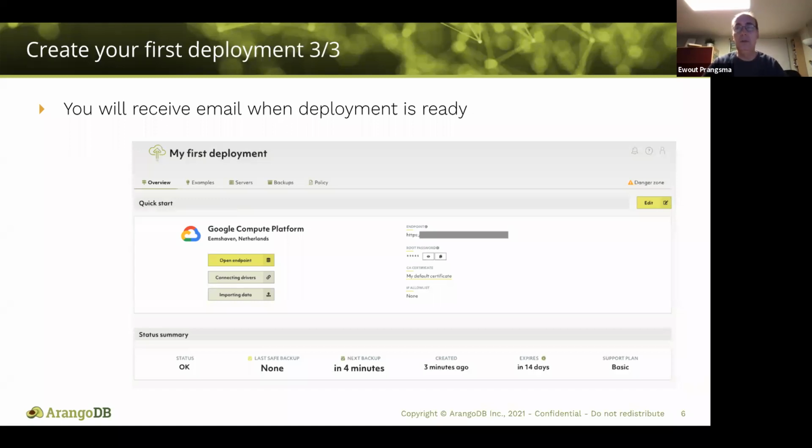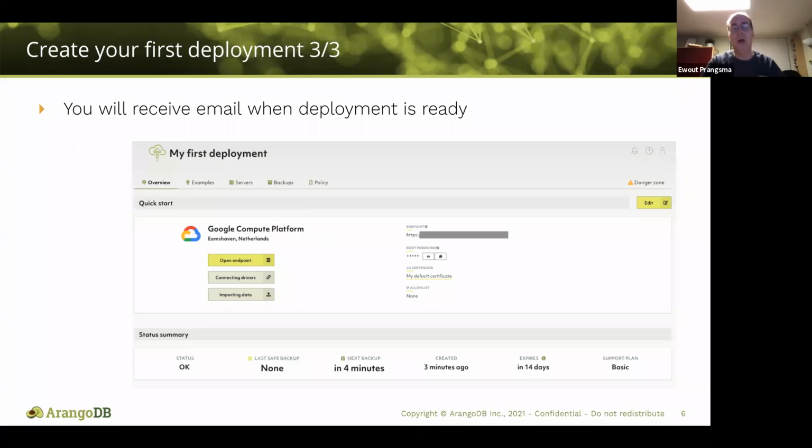We are first going to give you an endpoint to your deployment. That's listed here in the UI. I fitted it out for a screenshot, and also in the open UI, open endpoint, you go to that from the UI. For those familiar with ArangoDB, when you run an ArangoDB instance, whether it's single or cluster, it comes with a web interface. And the endpoint brings you to that web interface. And from there, you can go into the database, create collections, create additional databases, set up users, all the things that you are used to do with your